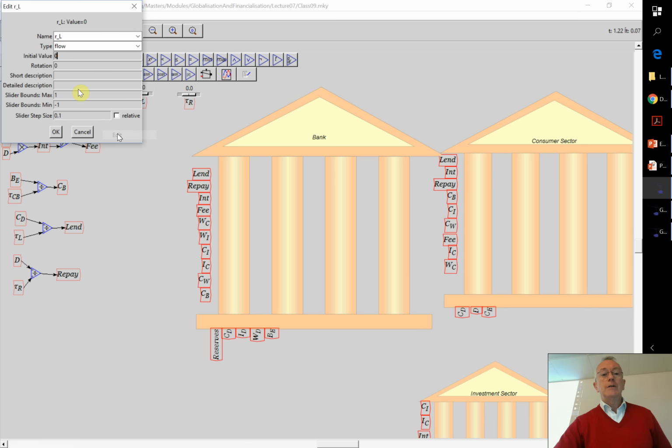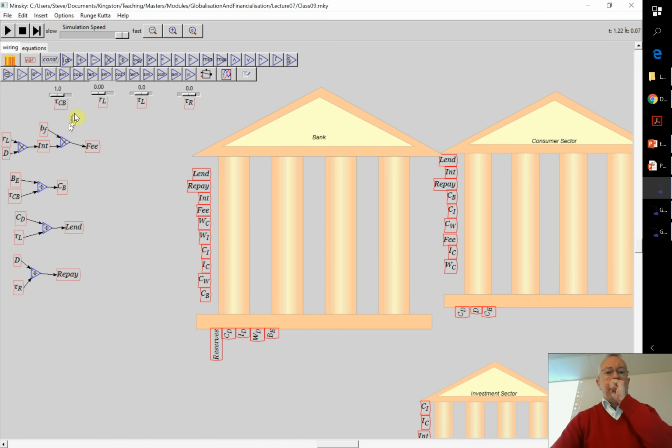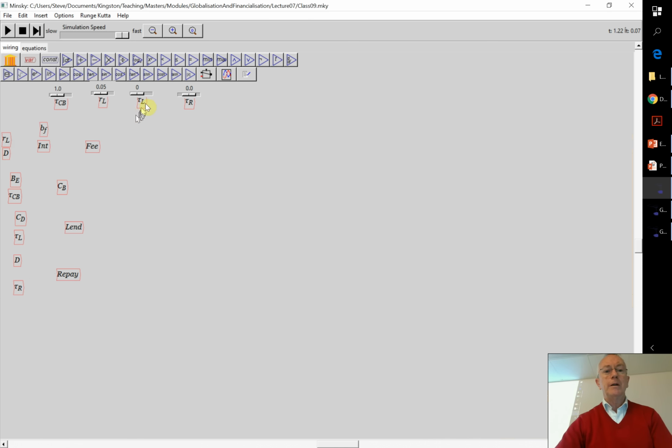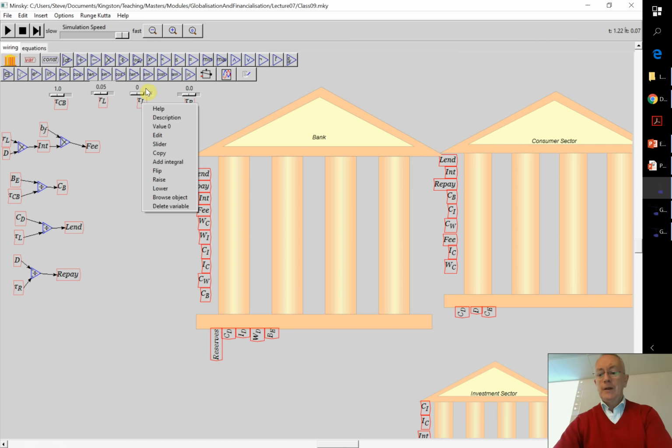So now I've done this, I can now go inside and edit this. So I'm going to say the rate of interest, say, is 5%, and I'm going to have a range between a maximum of 20% and a minimum, because we're talking commercial banks here, of 2%, and with step size of 1. And then I'm going to go back and reset that to, say, 5%. Time constant for lending, give it a value of, say, 7 years, maximum of 20, which is really slow lending, minimum of 2, which is really fast lending, and a step size of 1. And now I've got to go back and again set that value up to, say, 7.